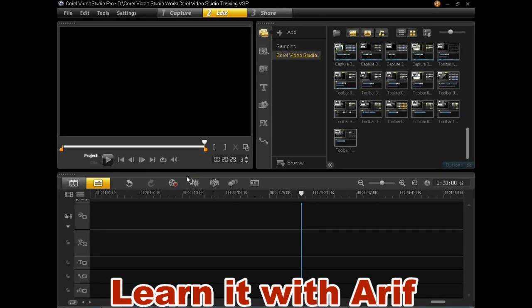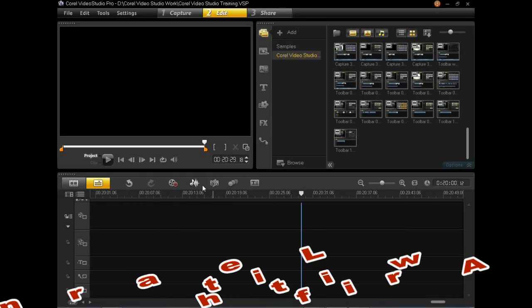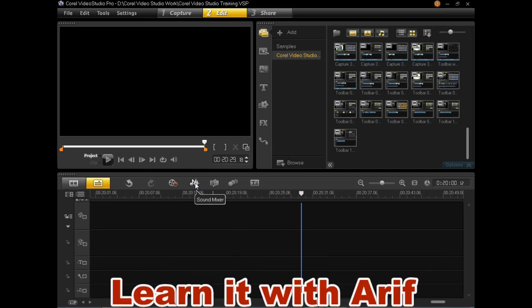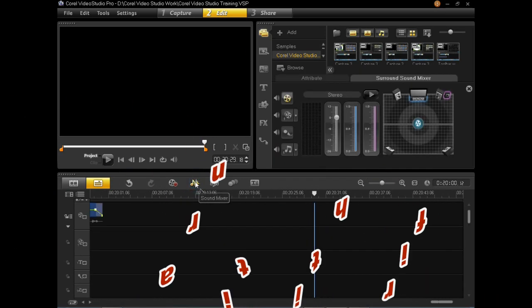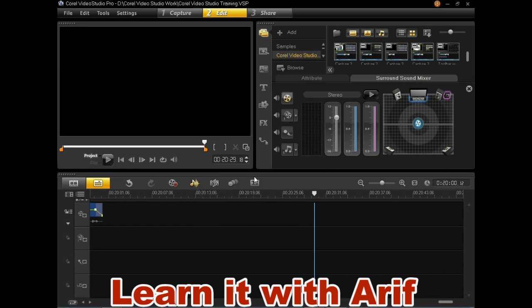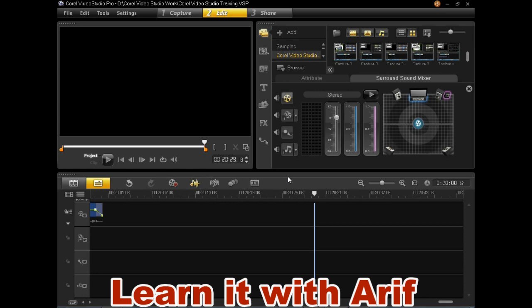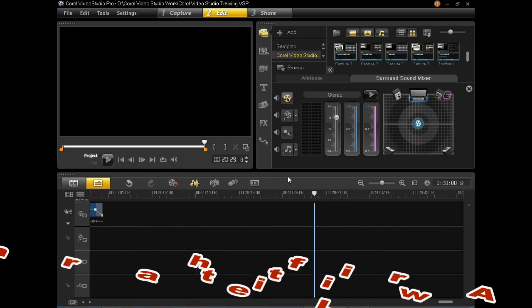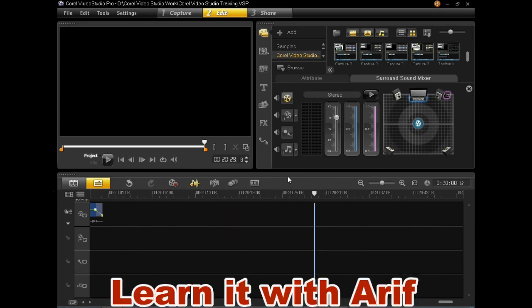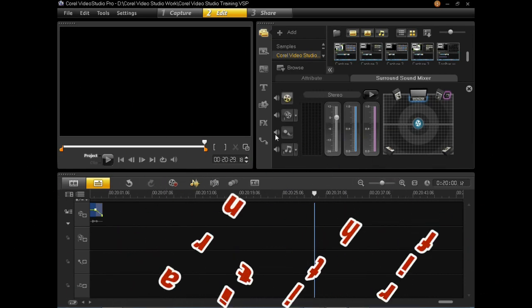The next command that we find on our toolbar is sound mixer. Sound mixer opens surround sound mixer panel, which helps us to customize our audio.